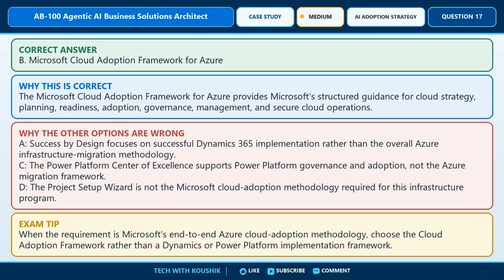The correct choice is Option B, Microsoft Cloud Adoption Framework for Azure. The Microsoft Cloud Adoption Framework for Azure provides structured guidance for cloud strategy, planning, readiness, adoption, governance, management, and secure cloud operations. A. Success by Design focuses on successful Dynamics 365 implementation rather than the overall Azure infrastructure migration